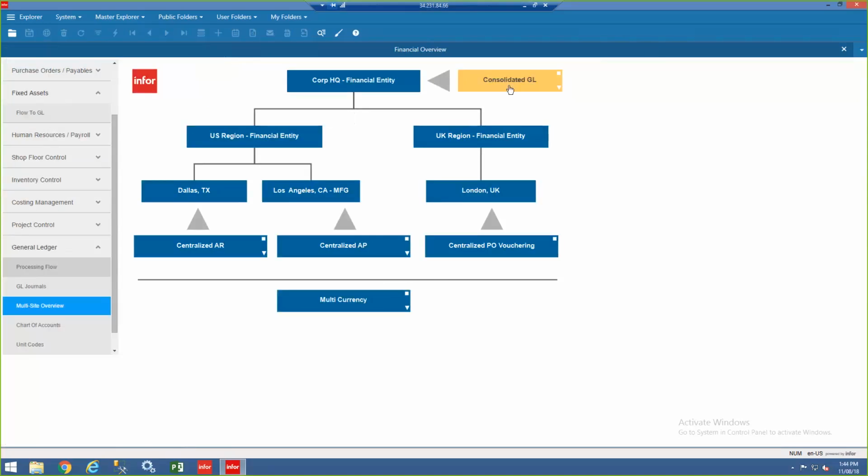So talking about the chart of accounts and consolidated GL, we found that a lot of the organizations we were talking to have subsidiaries they bought out at one point that have their own chart of accounts. How do we map the two so that they can talk to each other, but also remain the same? What I mean by the same is different, because they want to remain using their current chart of accounts, but they ultimately need to roll up into a corporate headquarters. All that is a simple configuration during implementation to map out the one-to-one